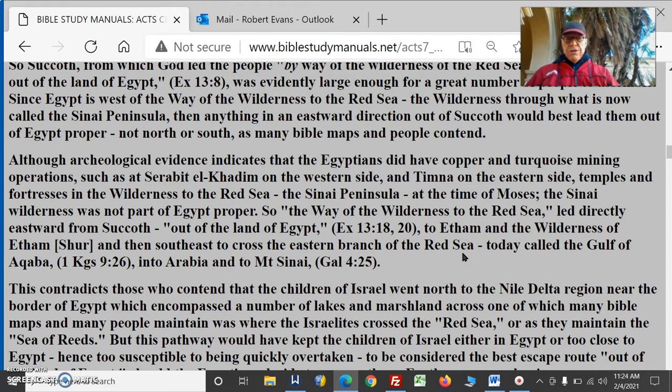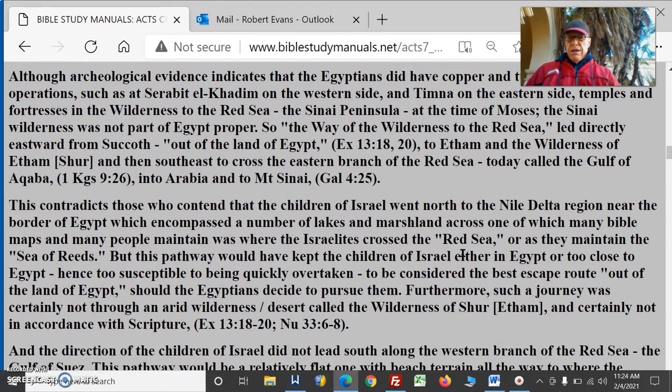So this contradicts those who contend that the children of Israel went north to the Nile Delta region near the border of Egypt, which encompassed a number of lakes and marshland, across one of which many Bible maps and many people maintained was where the Israelites crossed the Red Sea, or as they maintained, the Sea of Reeds. But this pathway would have kept the children of Israel either in Egypt or too close to Egypt, hence too susceptible to being quickly overtaken